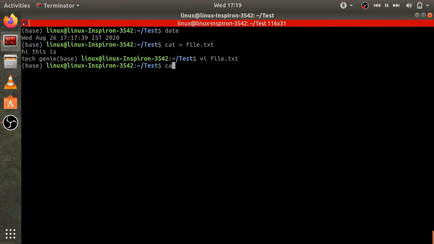Now let's check cat, then the lesser symbol. The lesser symbol is standard input redirection. Now give a file name and press enter. Now this is a standard input redirection. The cat command will take the input from file.txt and print it to the terminal screen. The main work of cat is to copy the input and give the output to the screen.